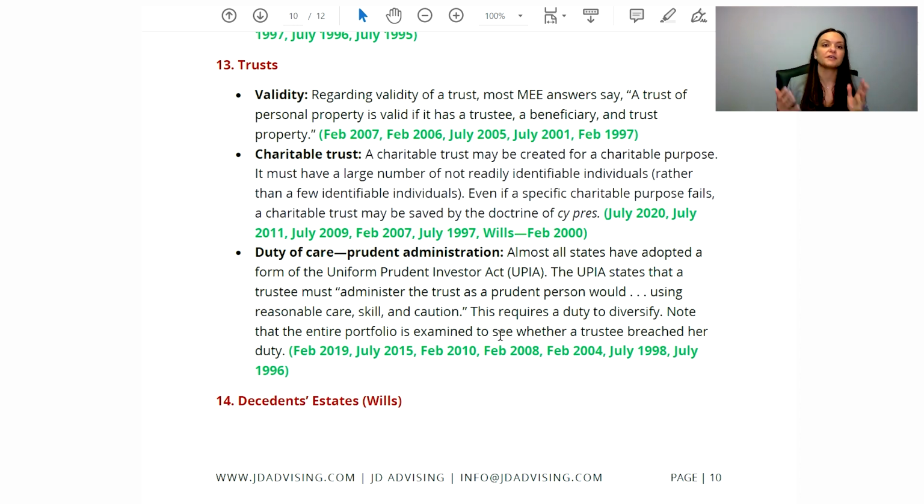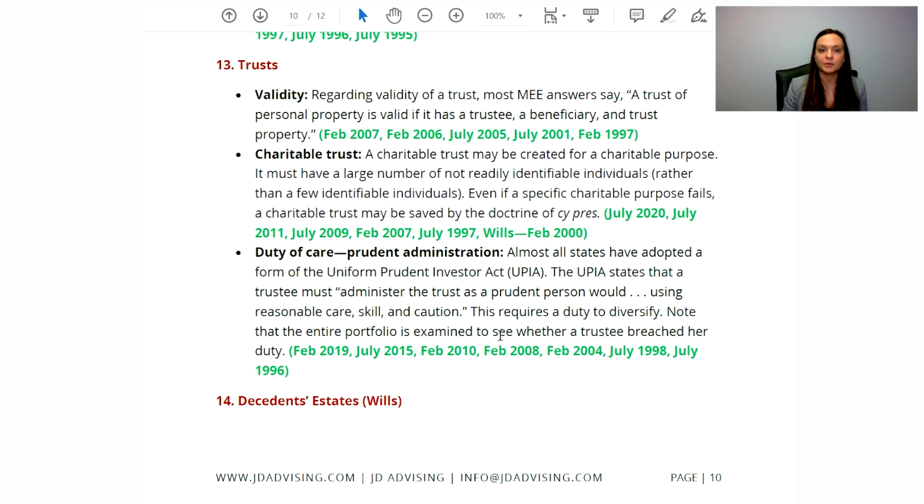So there are different or more fiduciary duties that a trustee owes the beneficiary. Duty of care is just one. For instance, the duty of loyalty is something that's also required of your trustee. However, the duty of care is the most highly tested or more frequently tested fiduciary duty here.